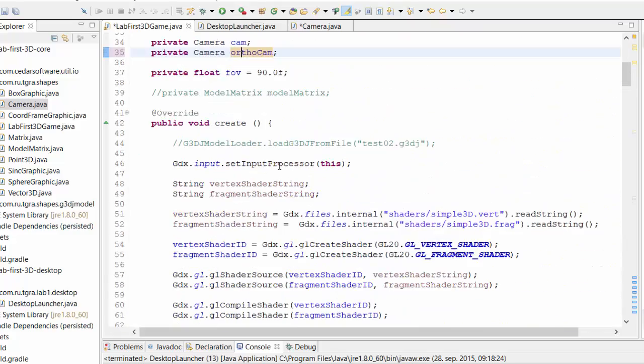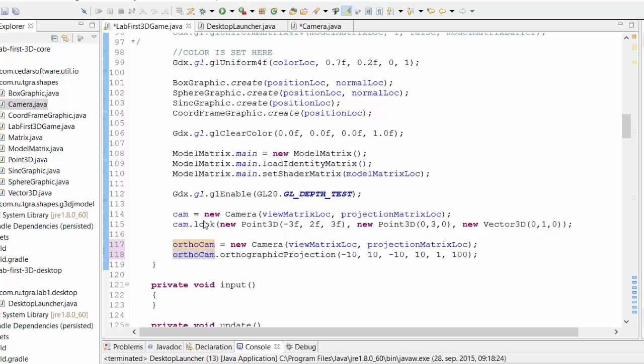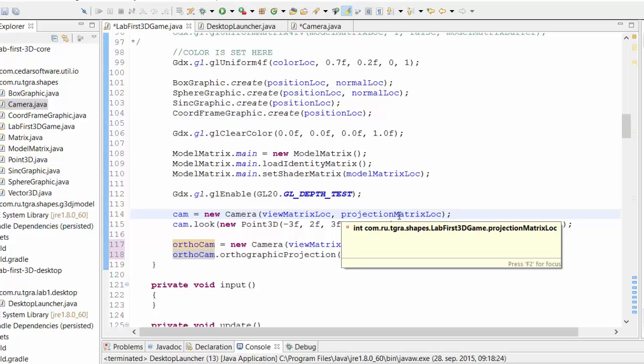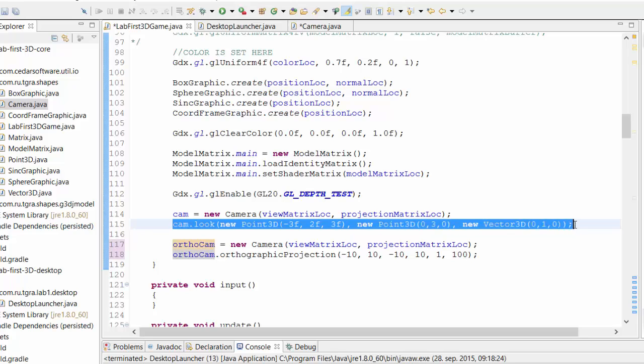I'm inside the create function, and here I'm building this camera. So cam is a new camera, and I send it these positions, these pointers to where the matrices are in the shader. And I send the exact same pointers into the other camera. So they'll be affecting the same parts of the shader, it just won't be affecting it at the same time. So now I call look for this one, and I just set up some nice position and orientation that works for me. And the other one,